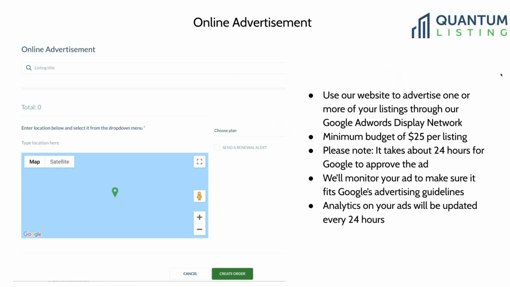Okay, so online advertisement is another super exciting feature that we've added, and you can use our website to advertise one or more of your listings through our Google AdWords display network. There's a minimum budget of $25 per listing for this. It takes about 24 hours for Google to approve your ad. We're going to go in that first 24 hours and monitor your ad to make sure that, in fact,